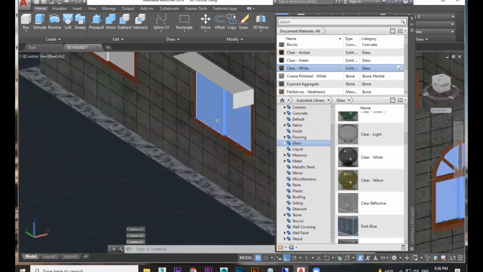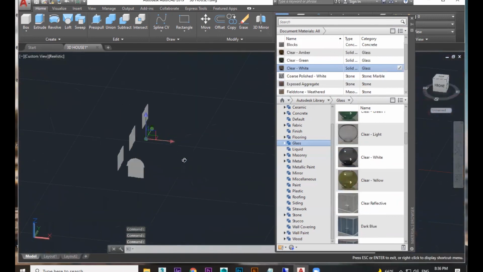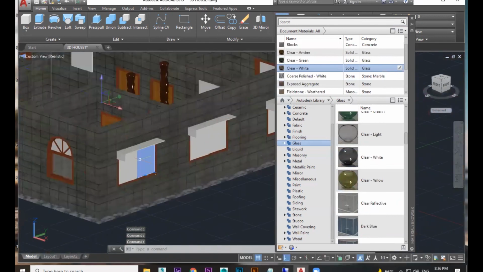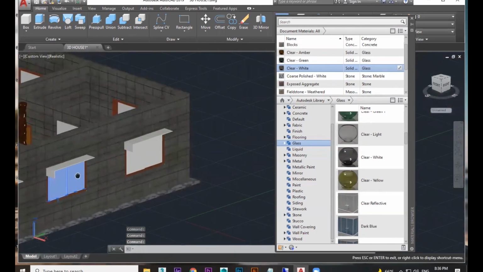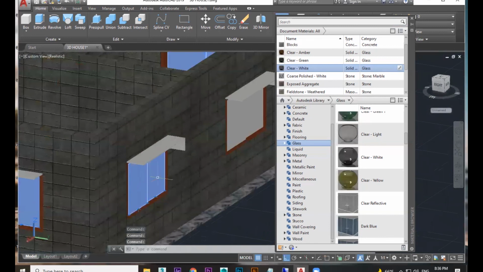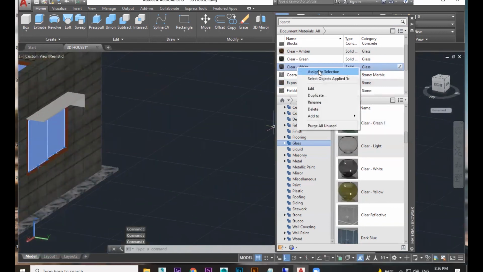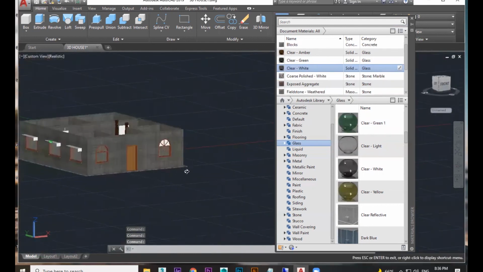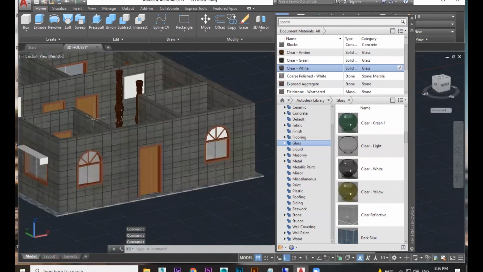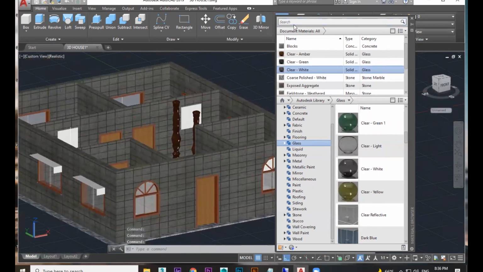There are some mistakes I can see on the window. My glass is coming outside. I have to keep it inside. Of course, I didn't decide the wall colors and all. I need to do different paint. Each wall I need different colors and all. We didn't go through that. I just told you how to assign this kind of material. That's all. I want to do all the inside walls in different colors. I can assign it. But we'll do